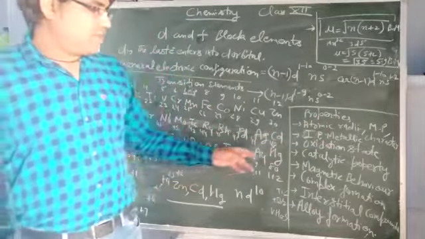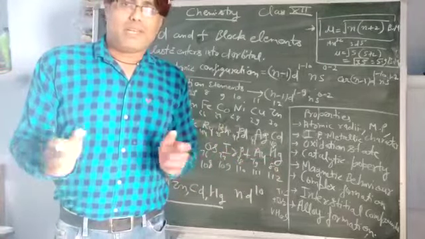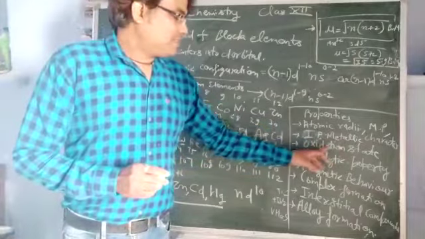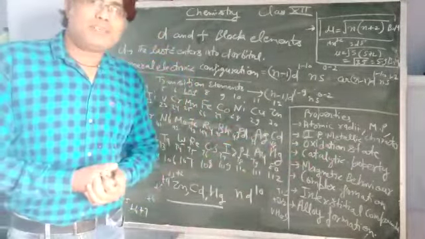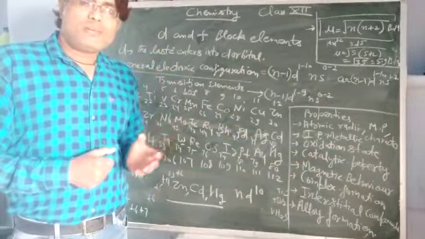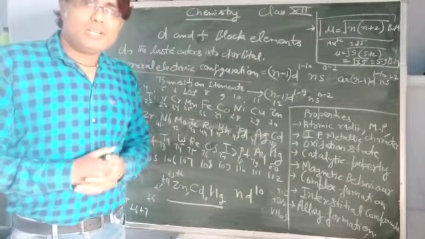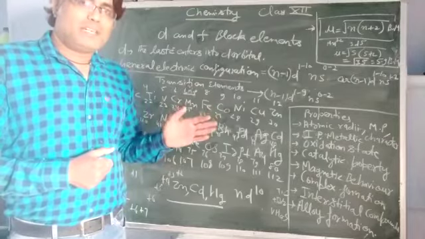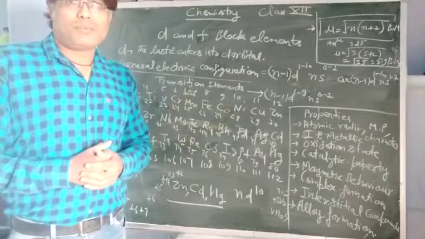Mercury, which is in liquid state, shows a particular, specific type of packing. Now, next, oxidation state. If we see, these elements show variable oxidation state. So what is the reason? Actually, they have partially filled d orbital. So due to this partially filled d orbital, they show variable oxidation state. It means the s electron and d electron are also participating in bond formation.